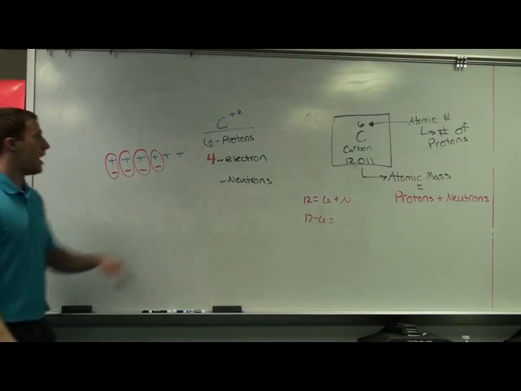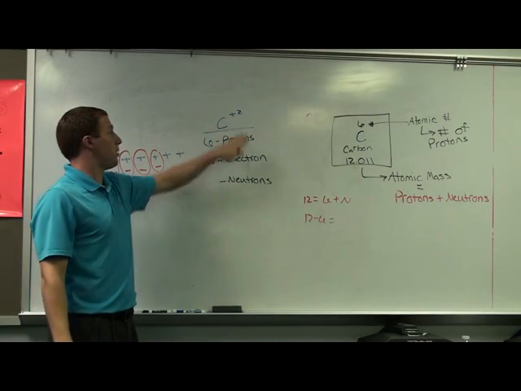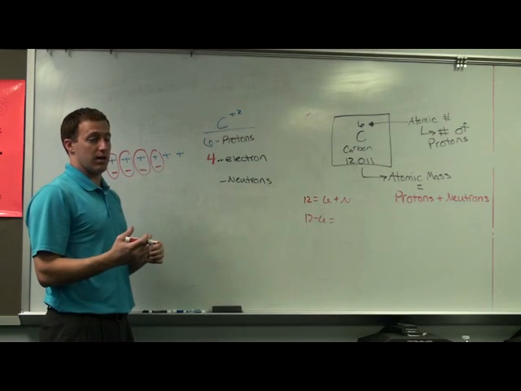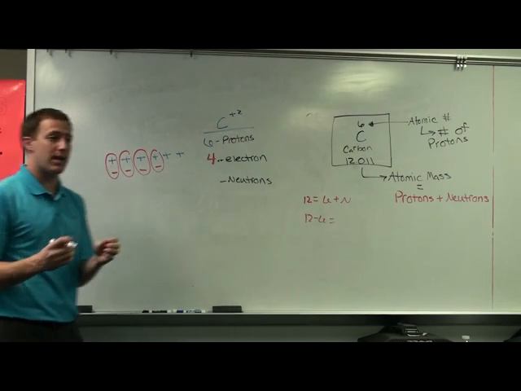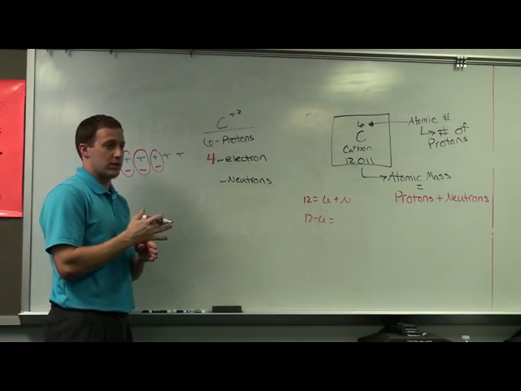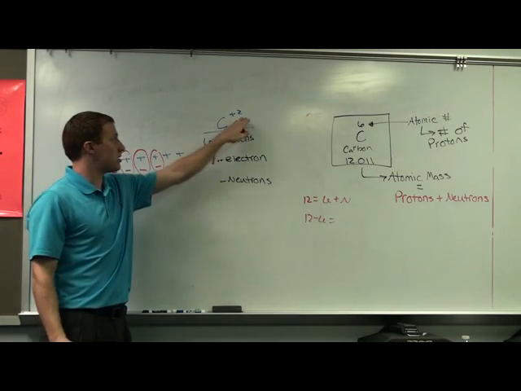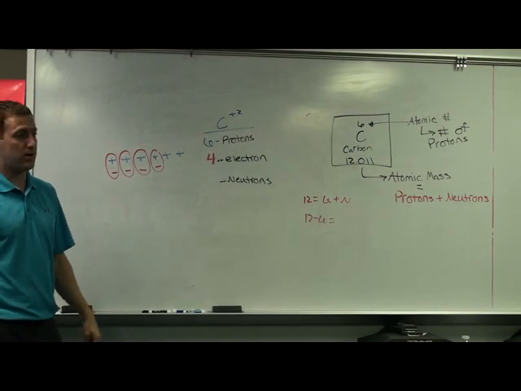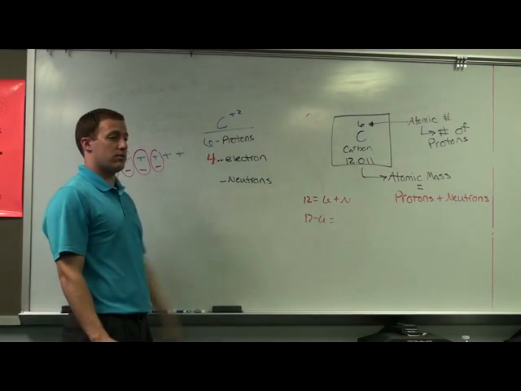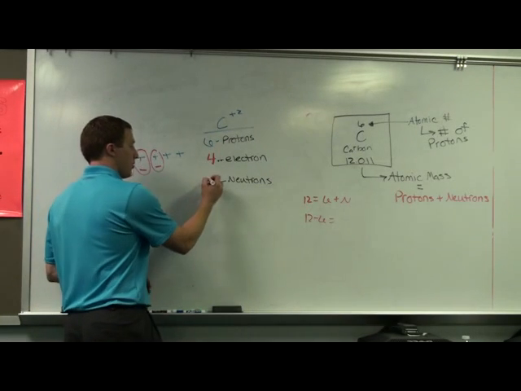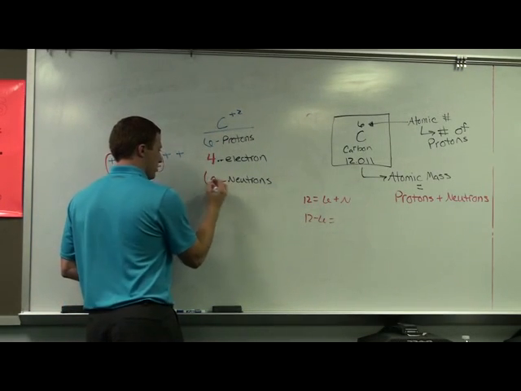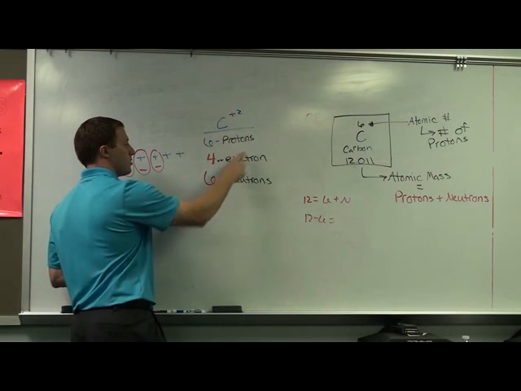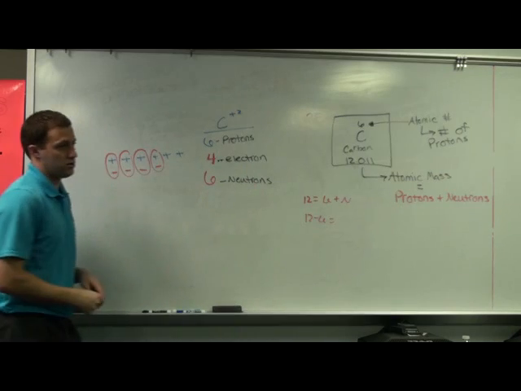Okay? So to get a negative charge, you have to add electrons. To get a positive charge, what do you do with electrons? Subtract them. Because electrons are negative, it's kind of the opposite of what you would think, right? So to get a positive charge, what do we have to do with some of the electrons? Subtract. Get rid of them. Okay? To get a negative, we had to add them. Now, did the number of neutrons change? Nope. So it's still 6. Okay, so whatever answer you chose on the test would have to have 6 protons, 4 electrons, still 6 neutrons.